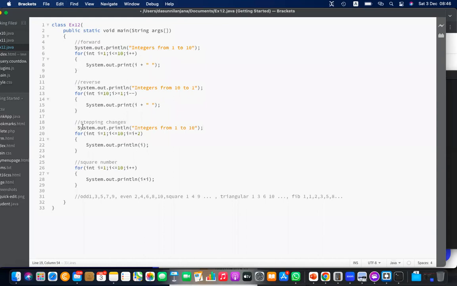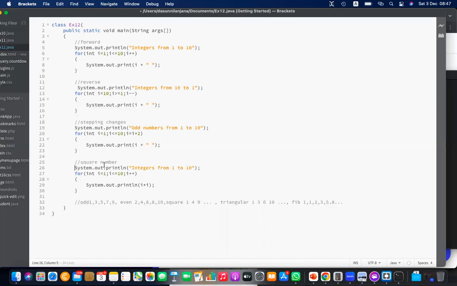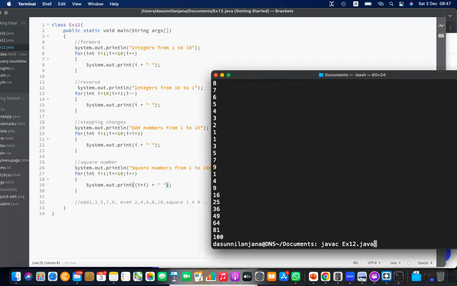Here it's printing odd numbers from 1 to 10. Yeah, it's printing odd numbers, print here and space here. Here actually square numbers from 1 to 10, no, 1 to 100, sorry. 1 to 100, and it should be print here. And after this statement, let's have another bracket to separate this, plus a space. That's the closing part. Let's save, compile,